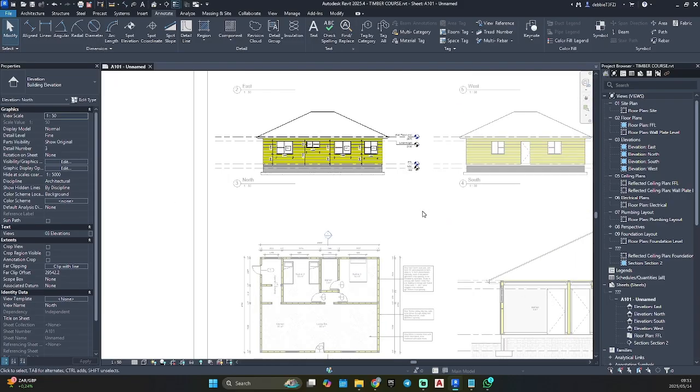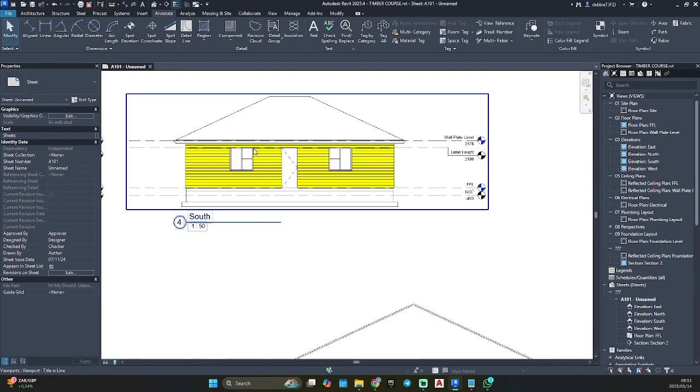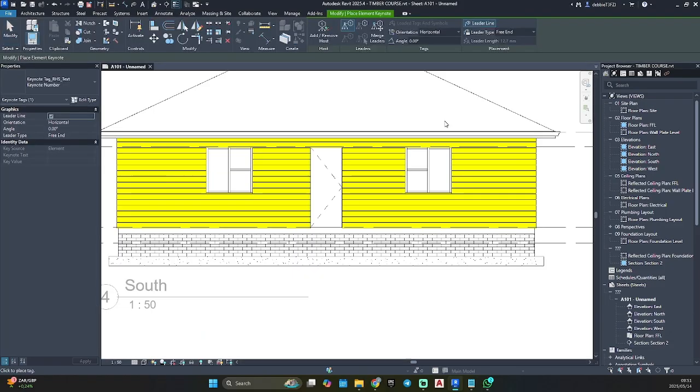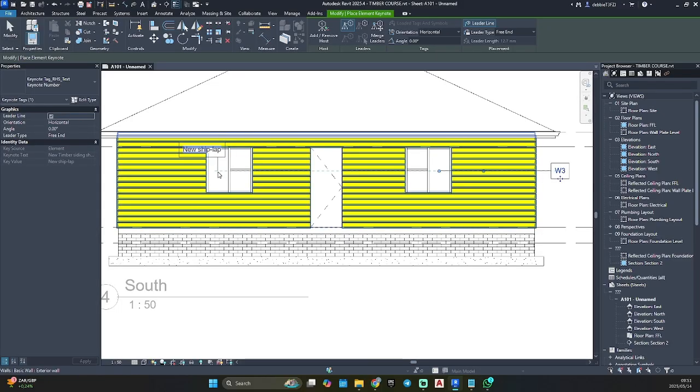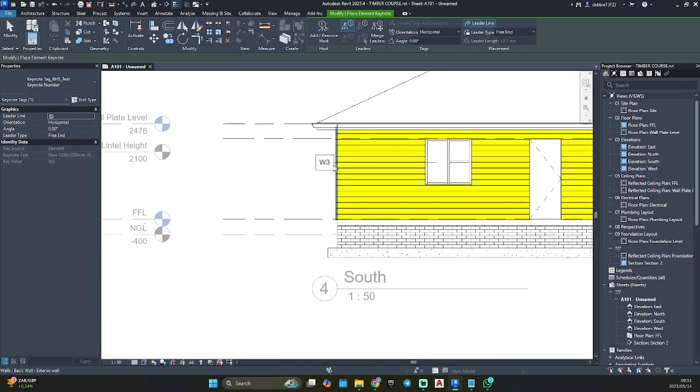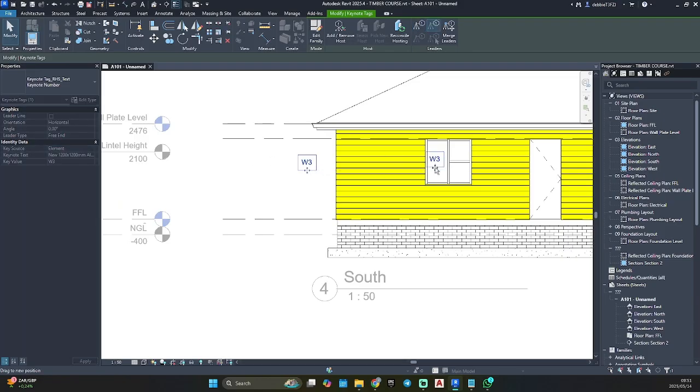And there we have those in. And now I can just go ahead and hit tab. Just gonna delete the leader line.